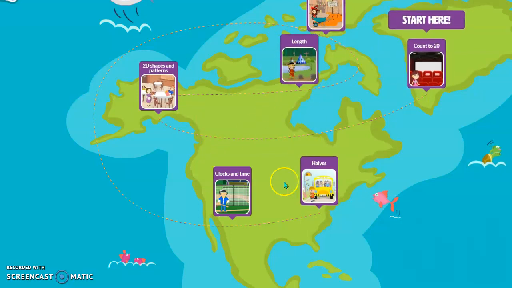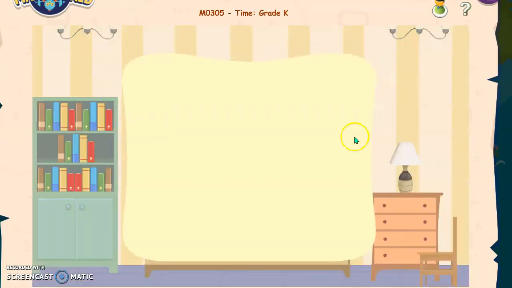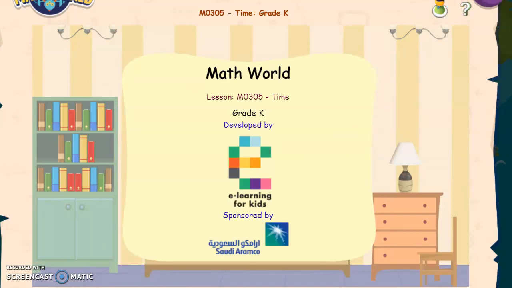continents from like Australia, and then like now we're in North America and everything. It's just like different types of levels and activities that you can do. So this one was, I'm pretty sure I hit times, like clock and times. And then